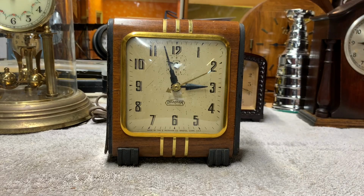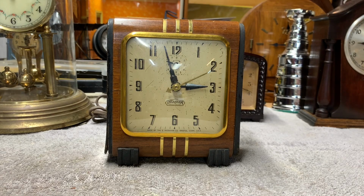Hello again. I'm back with another clock to repair. This one is an Ingraham alarm clock. It's one of the wonder clocks that I've been getting lately, as in you wonder what to do with it